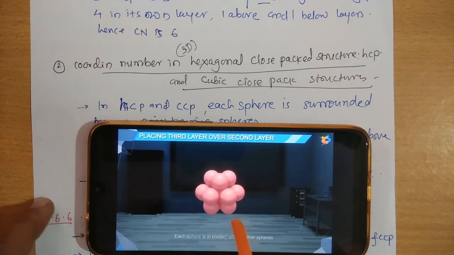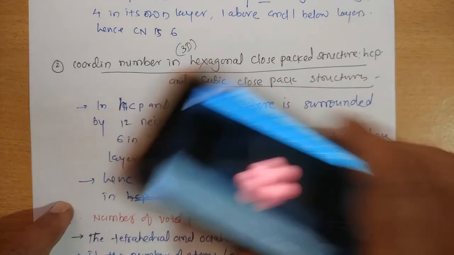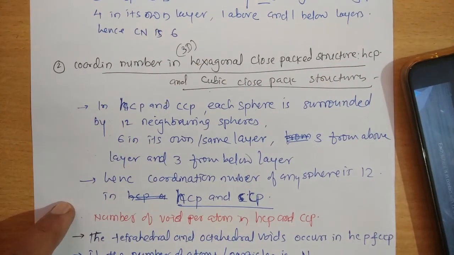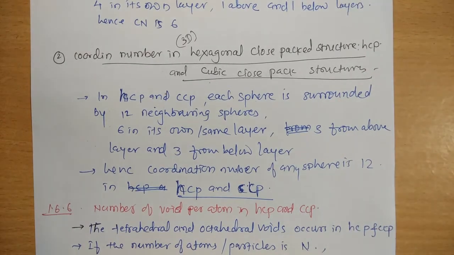Now see, the central sphere in this three-dimensional structure is surrounded by, or directly attached with, 12 spheres, that is 6 from the same layer, 3 from the above and 3 from the below. That's why the coordination number here is 12. More clearly you can see here.